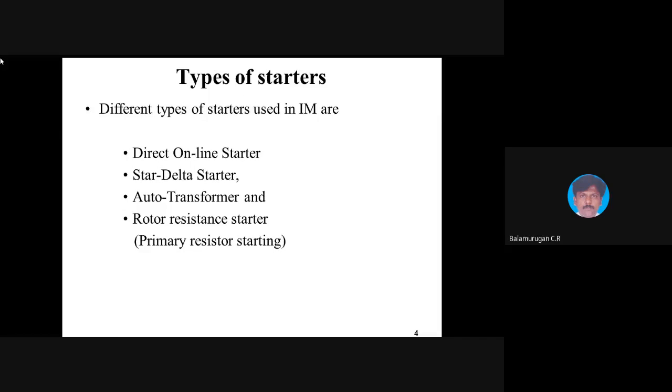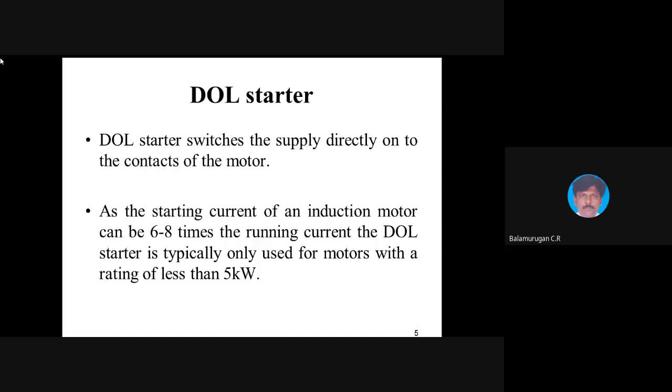So in that, stator resistance will not be available, you include. So these are the different types of starters available for the induction machine: direct online, star delta, auto transformer, rotor resistance starter or primary resistance starter. One more starter is the stator resistance starter. So first we will discuss about the